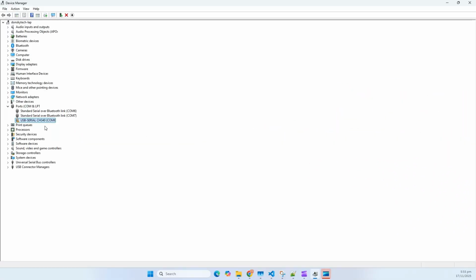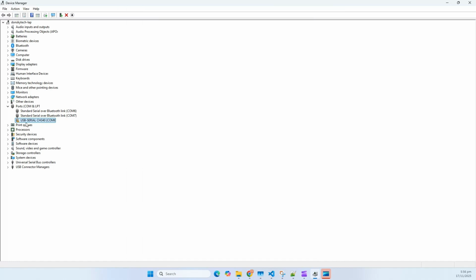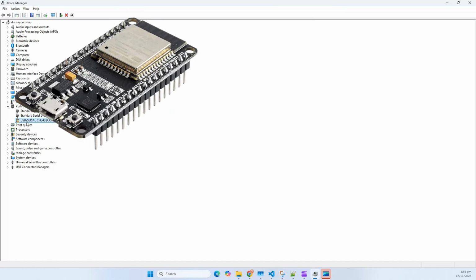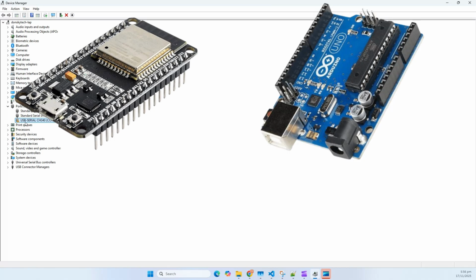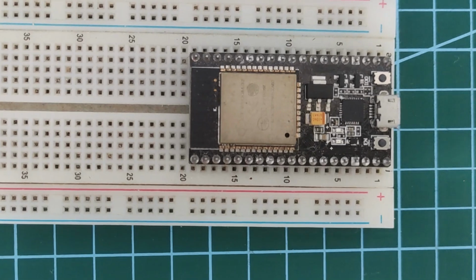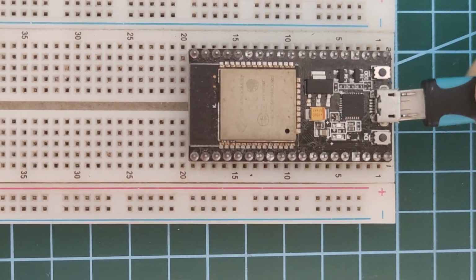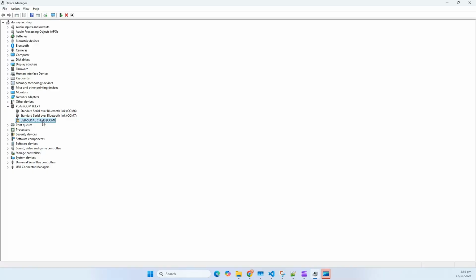In this video, we're fixing a microcontroller problem called the "object name already exists" driver error. This usually happens with ESP32s, Arduino boards, or other devices that use a software driver when Windows or your PC messes up the driver configuration. So this morning, I plugged in my brand new, perfectly working ESP32, but the Arduino IDE